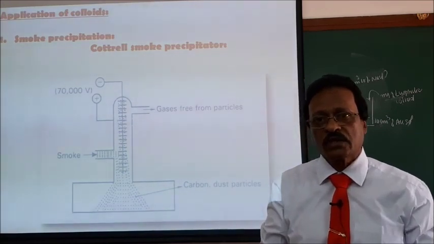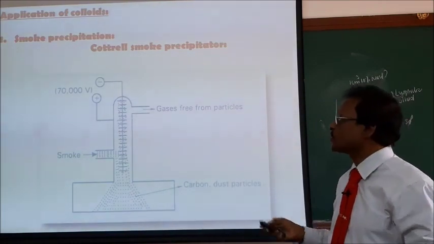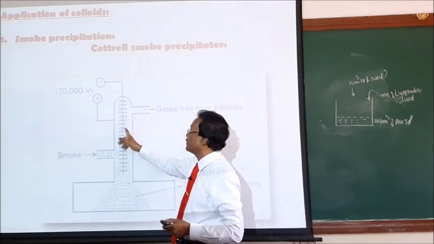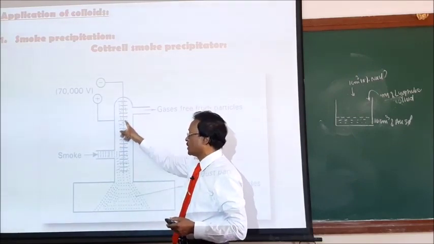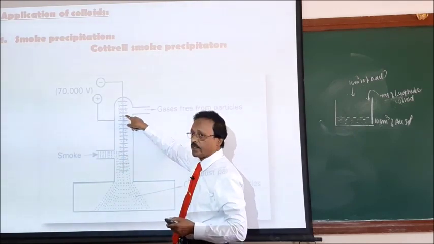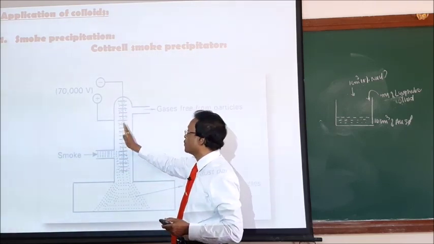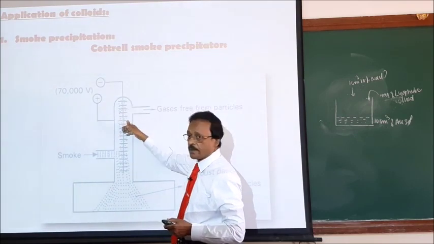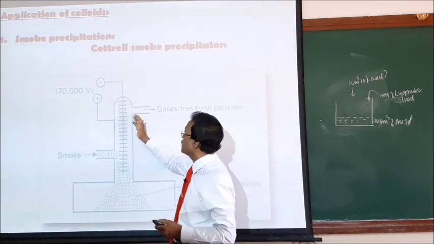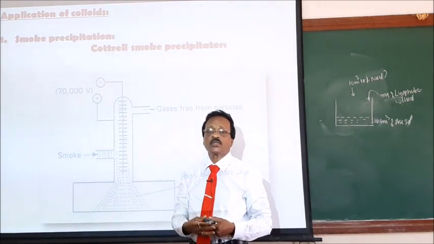Then what is the remedy for this? Science has given a technology called smoke precipitation. This is the chimney of an industrial unit, fitted with metal electrodes, and the smoke from the industry is passed into the chimney. The carbon particles in the smoke are charged, so they move towards the oppositely charged electrodes, lose their charges, get precipitated and settle down. All the carbon particles settle down. Only smoke free from carbon particles is discharged into the upper atmosphere, thereby minimizing air pollution.